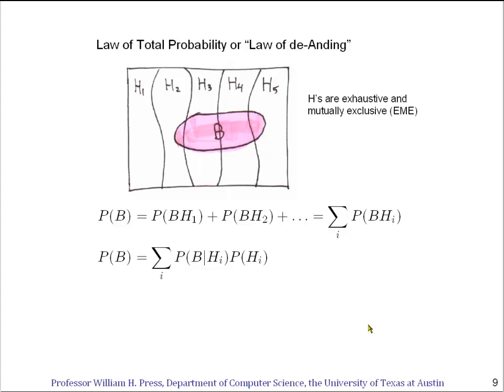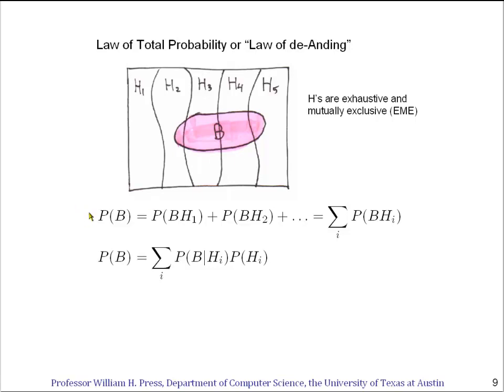One more theorem or law in probability that we're going to use a lot is called the Law of Total Probability. I actually call it the Law of de-anding. You'll see why in a minute. Now, this formula applies when you have a set of exhaustive and mutually exclusive alternatives. So here they're called the H's. Previously we saw a set called the R's. Okay, and then there's some event or event set B that you're interested in,